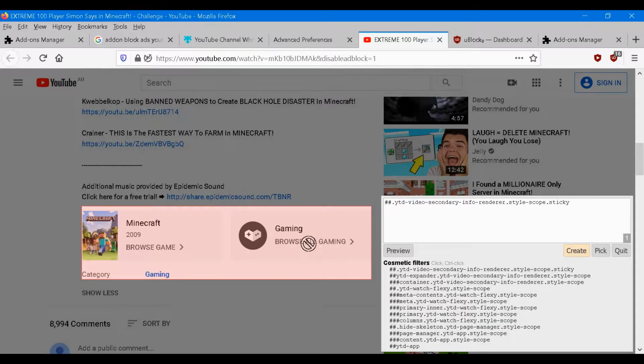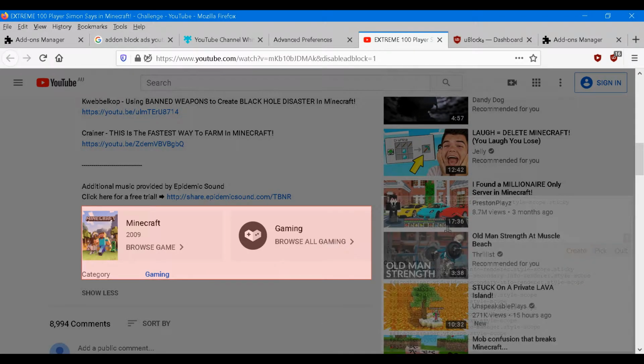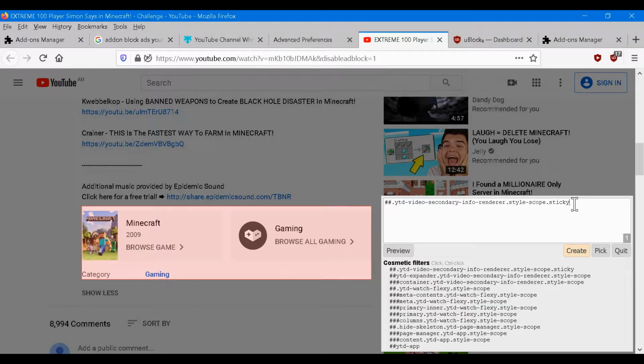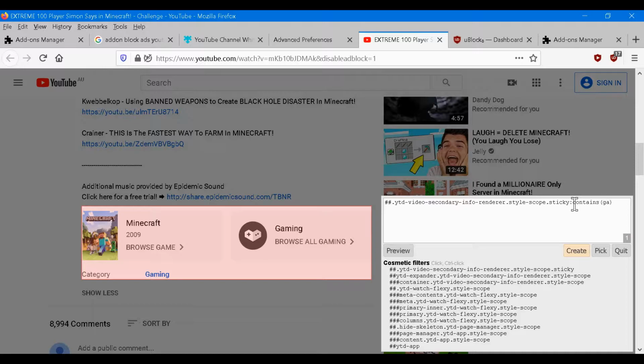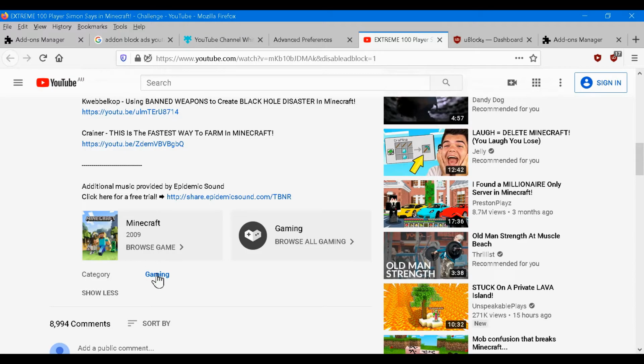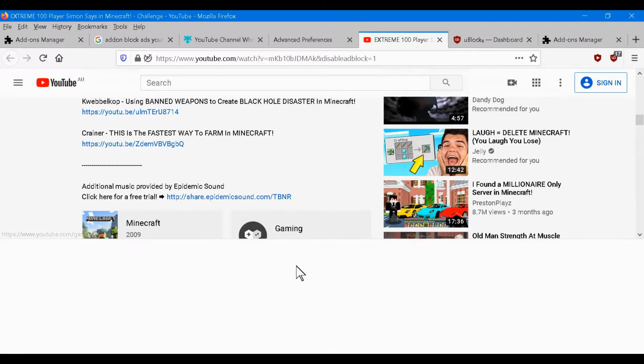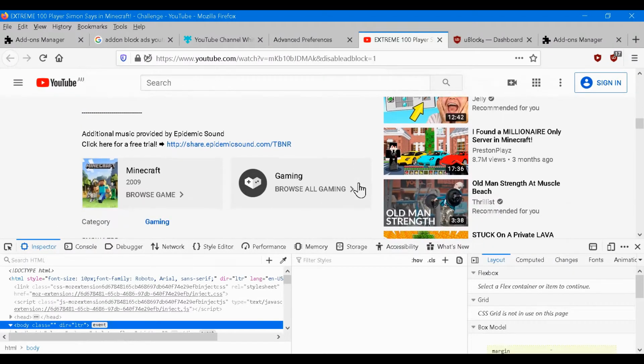Now, you may want to put in contains gaming. This whole thing doesn't contain gaming, but you see how it says it's able to be selected. Why is that? Because of the full thing here,